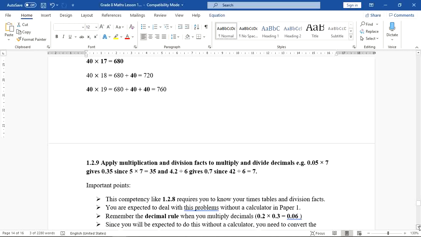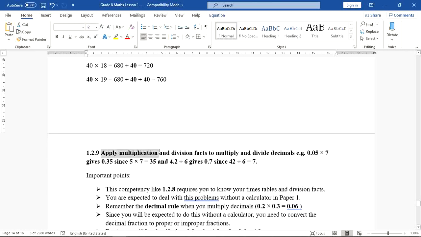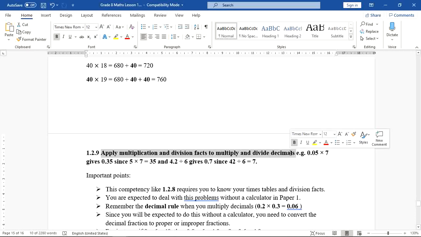Today's work, we are going to apply multiplication and division facts to multiply or divide decimals. Okay. This is something that we have done in grade 7. Just that here, we are now taking it to the next level. Okay. So let's say you are given this. There's an example here. It says here